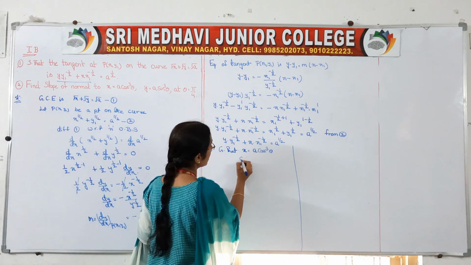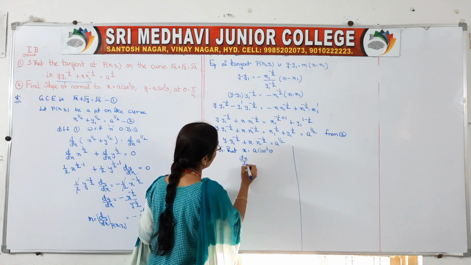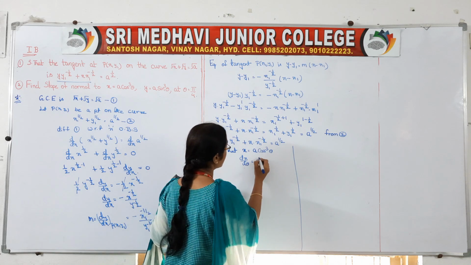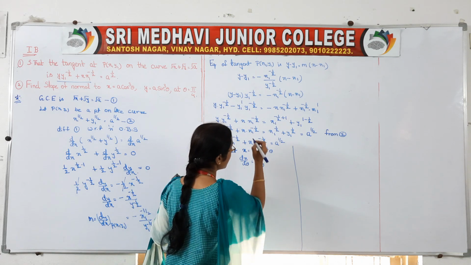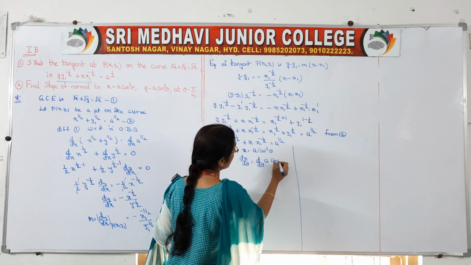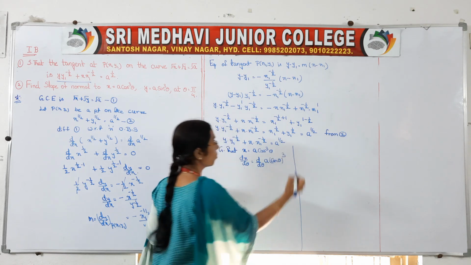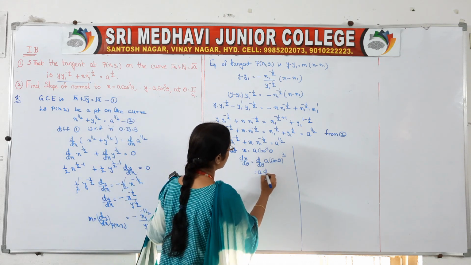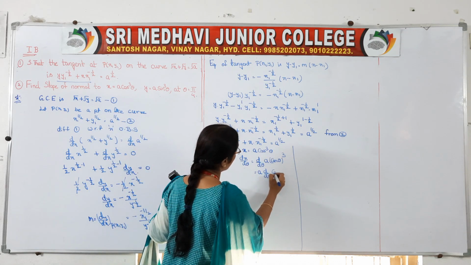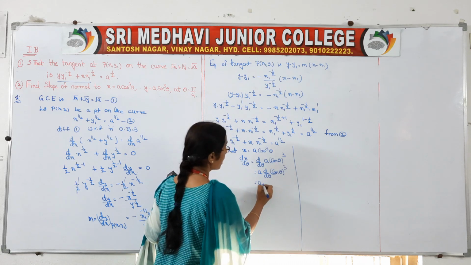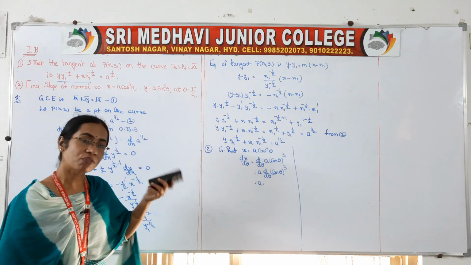So now dx by d theta, why, because x is in terms of theta. So we can write this as d by d theta of a into cos theta whole cube. So it is a into d by d theta of cos theta whole cube. So a into, x to the power of n form.